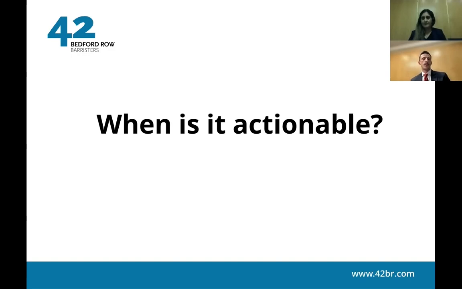Do always ask an expert surveyor to comment on what would be a reasonable period to fix a problem of damp or mould, based, as I say, on what the underlying problem is and what it will take to be fixed. If you're defending a claim, always record evidence of every step that's been taken to remedy a problem.